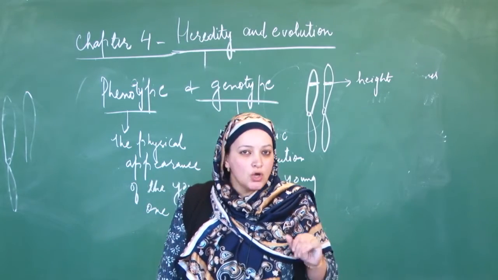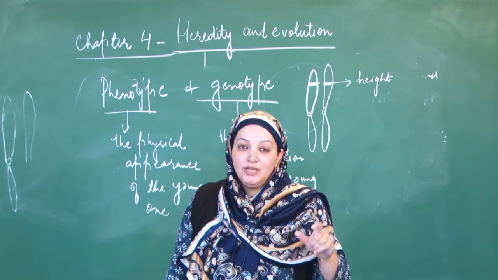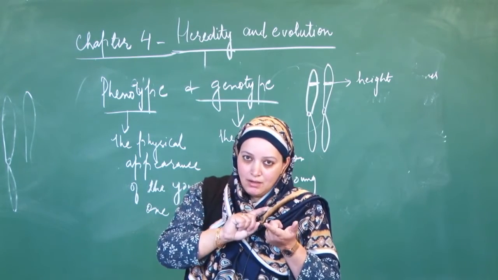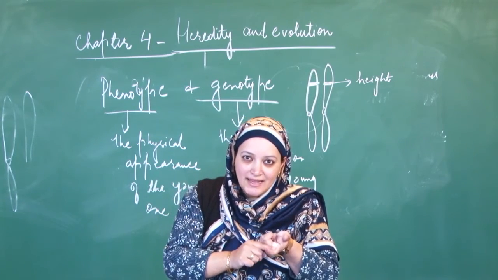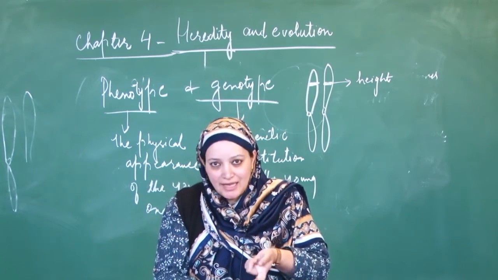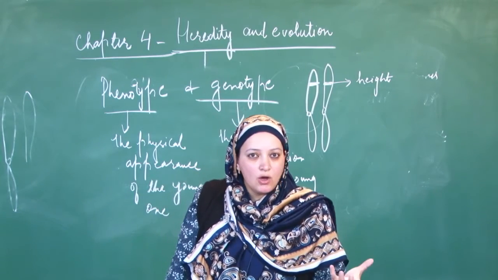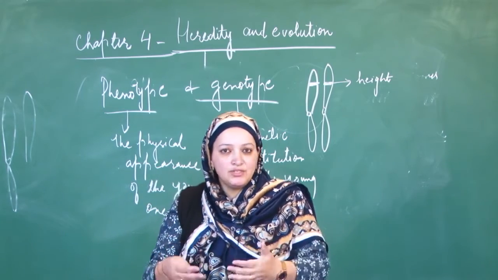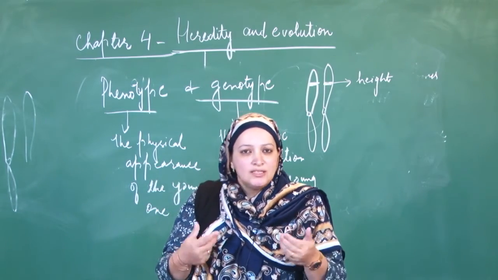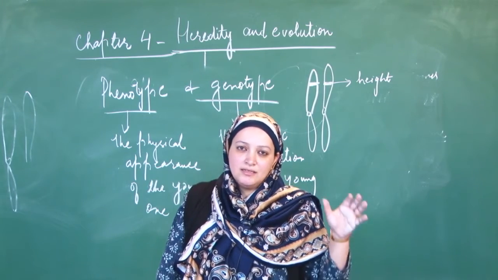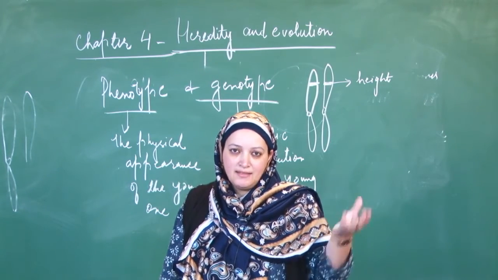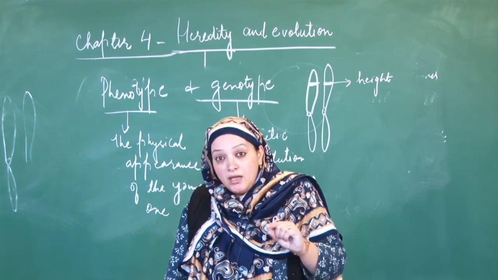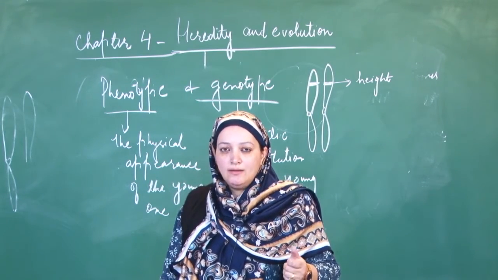is that he is tall. But we need to know the genotype. What is the genotype? It can be either homozygous tall or heterozygous tall. Homozygous tall means that the young one has the same genes for the character. That is, he got both from mother as well as father the same gene, that is the gene for tallness. But if he is heterozygous tall, this means